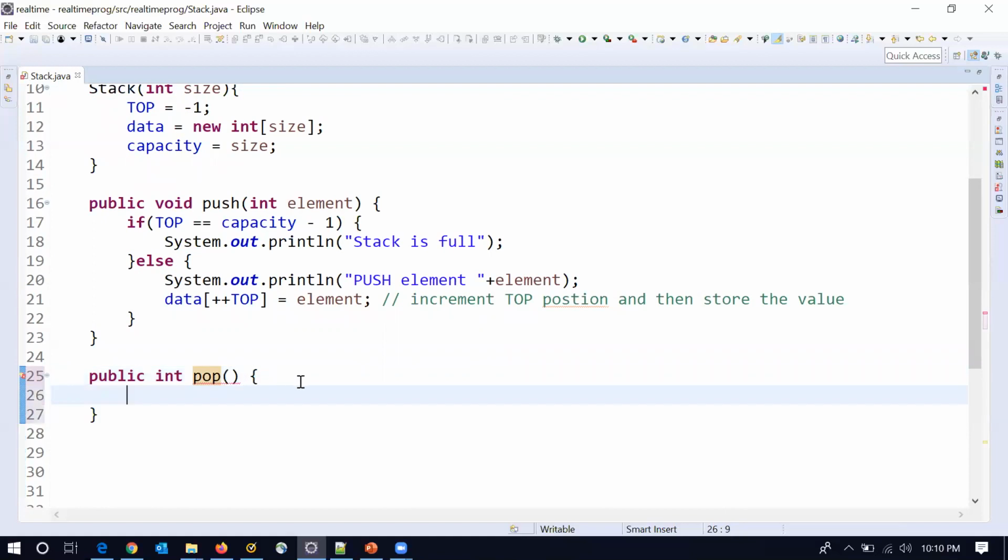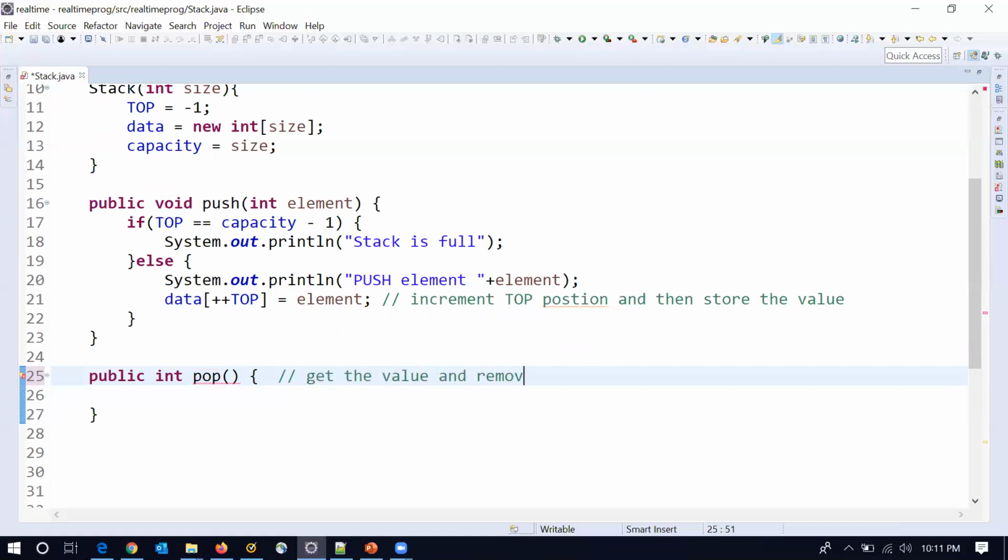What is the use of pop? What will pop do? It gets the value and removes the element from the stack. This is the functionality of pop.